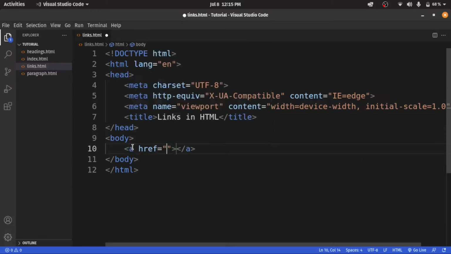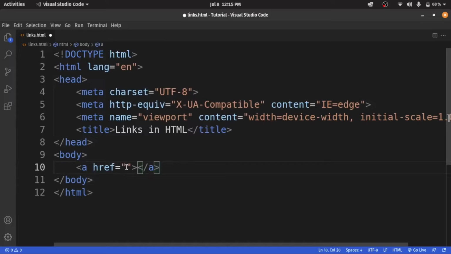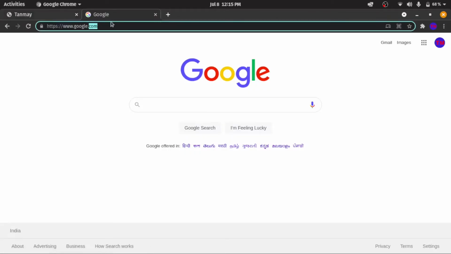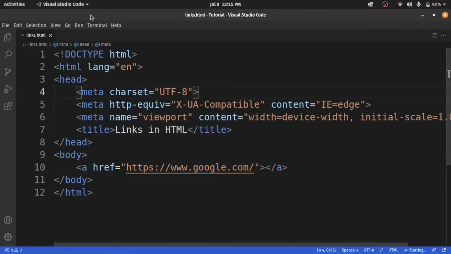Here we use the anchor tag, which is this a; this is the opening tag and this is the closing tag. This thing which you see over here is href equals, in double quotes, which is the location of the site. For instance, if I go to Google, I will recommend you copy the entire web address along with the HTTPS as well. So paste it over here. This is the link to the site, and if I open it up in Live Server,